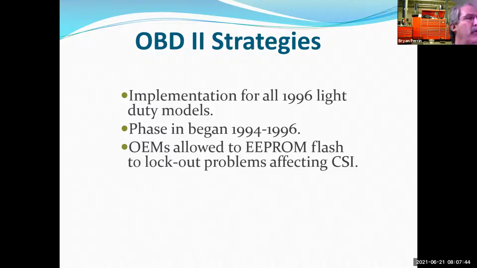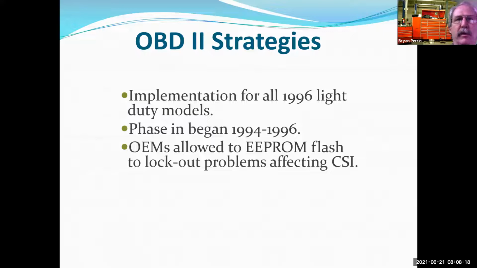GM came out with a PROM, programmable read-only memory, where you could replace just the PROM chip on the computer board. Then we came out with erasable PROM chips, where if you had the right tool and ultraviolet light, you could erase the PROM and reprogram. Now we have electronically erasable PROMs. That allows me to use software to reprogram a computer on the vehicle without taking anything apart,